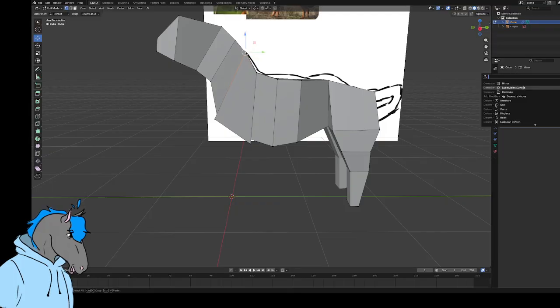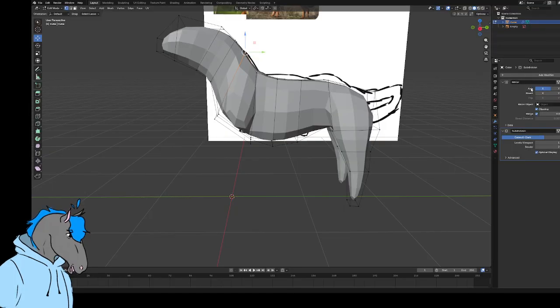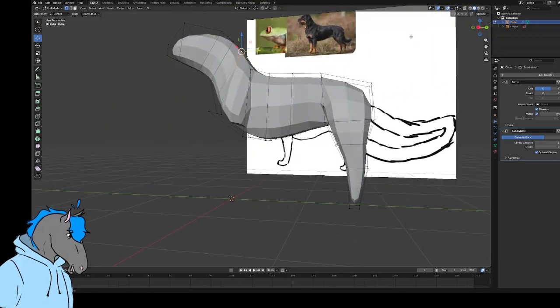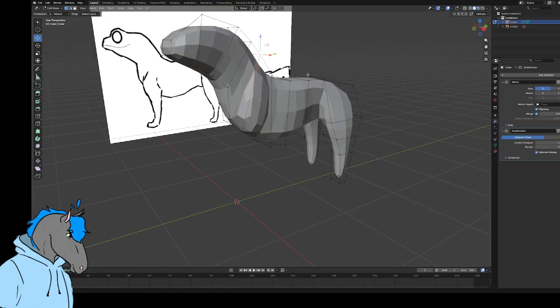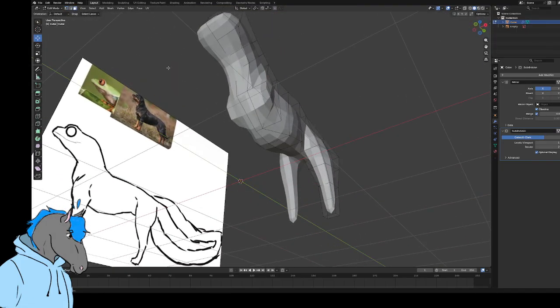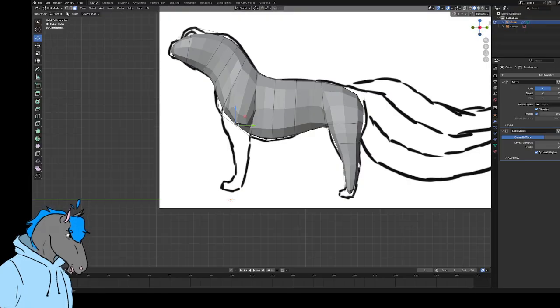I might also add this really quickly. Start smoothing it out, see what I need to fix. Yeah, like that I kind of need to